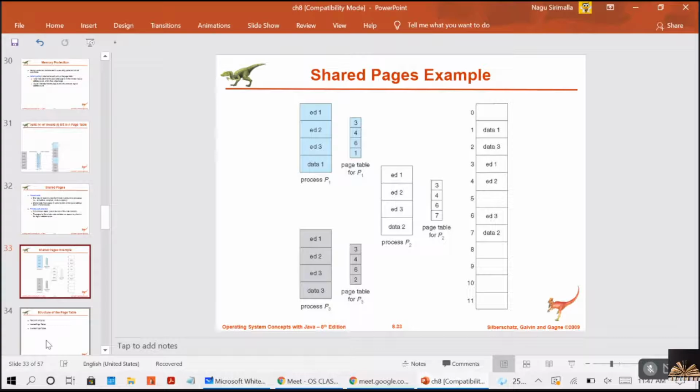If you load them separately for 40 users, it should occupy 8,000 KB, that is 200 into 40.